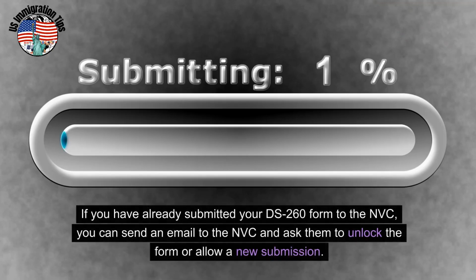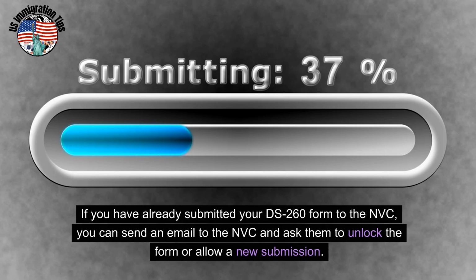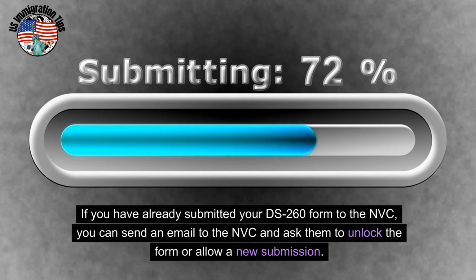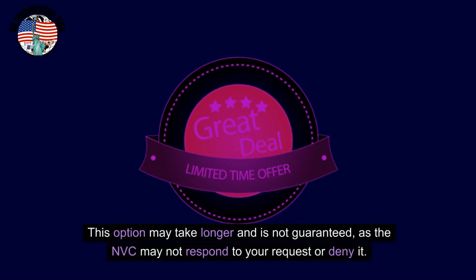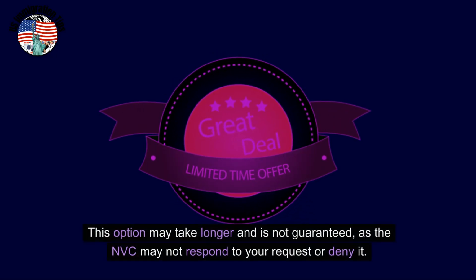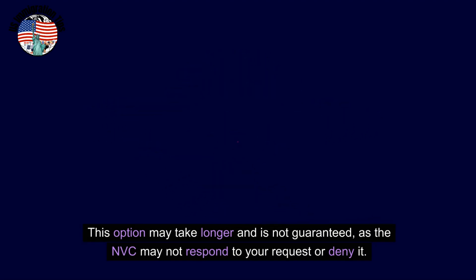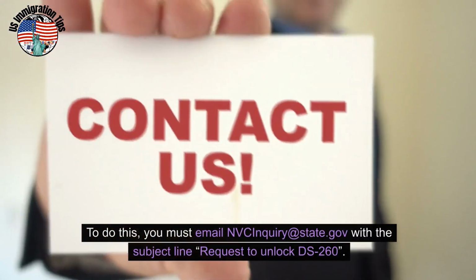1. If you have already submitted your DS-260 form to the NVC, you can send an email to the NVC and ask them to unlock the form or allow a new submission. 2. This option may take longer and is not guaranteed, as the NVC may not respond to your request or deny it. 3. To do this, you must email